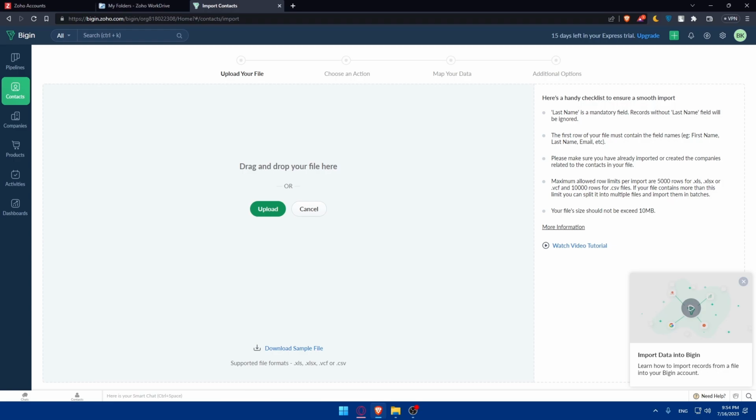Then you'll have to validate the import data, review the import summary for everything, and then you'll be able to monitor your import progress. That's what I mean by additional options. So Zoho CRM will now import your contact data, and you can monitor the progress of the import on the screen. Depending on the size of your contacts list, the import process may take some time. Once the import is complete, you'll receive a notification. After the import is finished, take some time to verify that the contacts have been successfully imported into Zoho CRM and check that all the contact details are accurate and that no important information was missed,